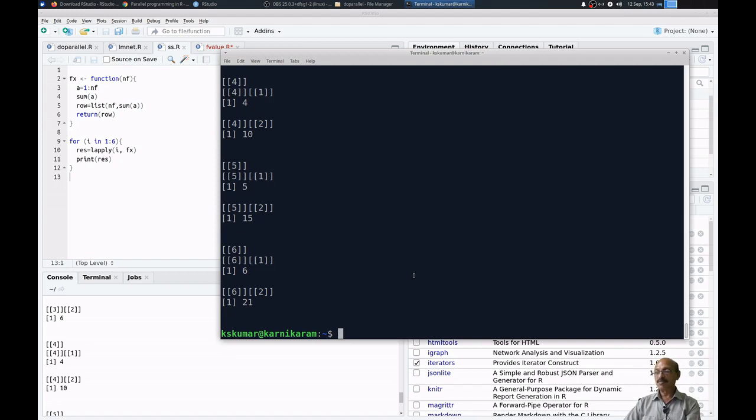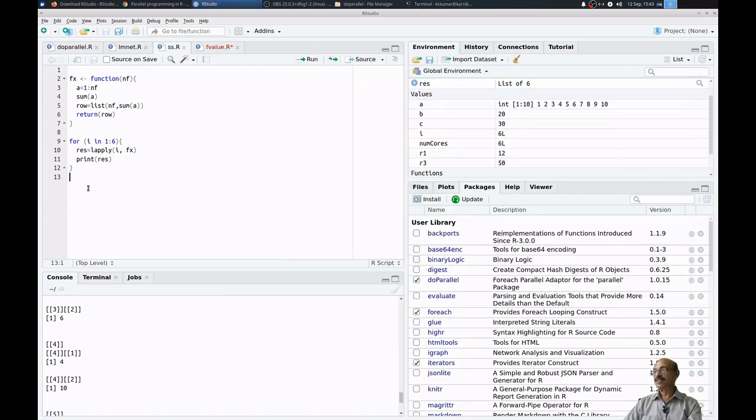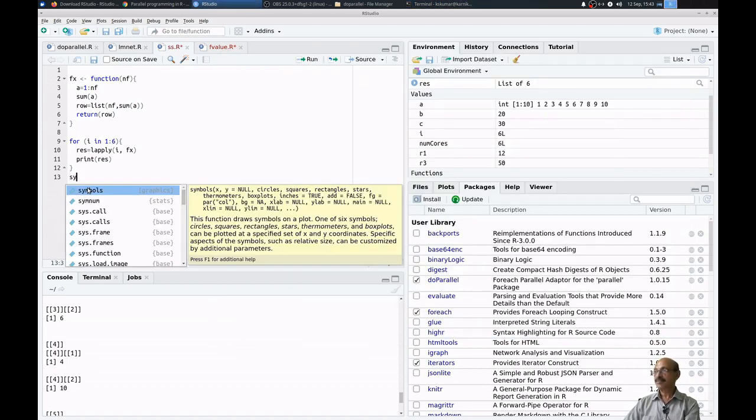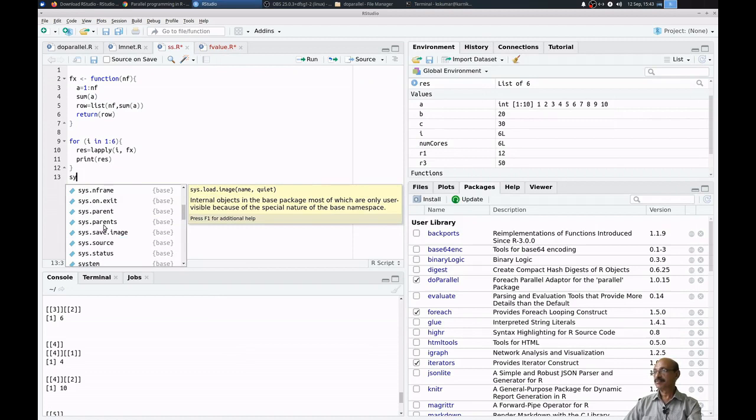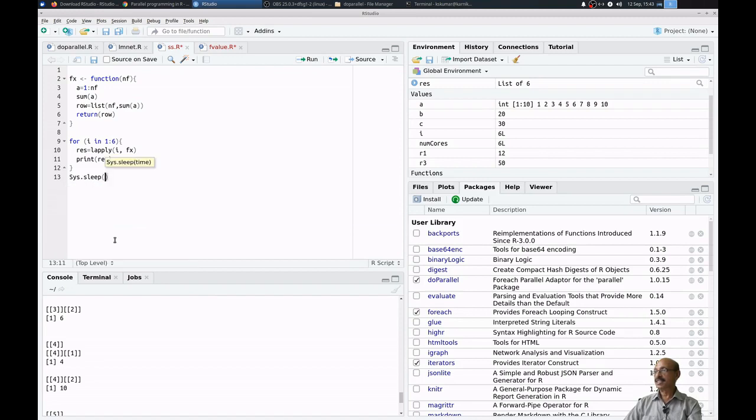If the program is very lengthy, it will keep on waiting. Say for example, I ask the program to sleep for some time with a sleep command.